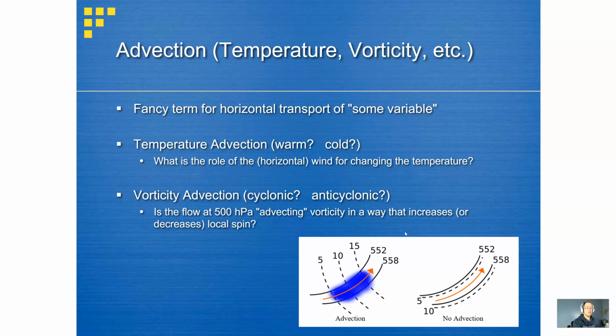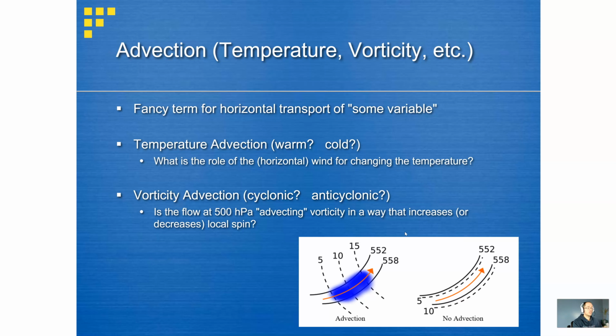The idea that the wind, or the horizontal wind to be specific, is helping to move areas that are warmer into areas that were colder. Think about a warm frontal boundary. If we're moving air from here, the south, towards the north into Indiana, Ohio, Michigan, or wherever you may be located right now, we may see warm air advection near that warm frontal boundary. Conversely, when the cold front comes through and we bring some of that cold continental polar air into an area that was just in the warm sector of a cyclone, we may experience very rough, harsh cold air advection as that works its way in.